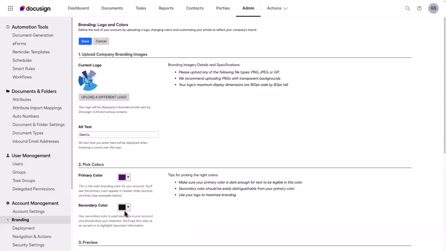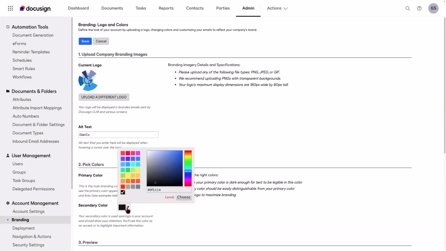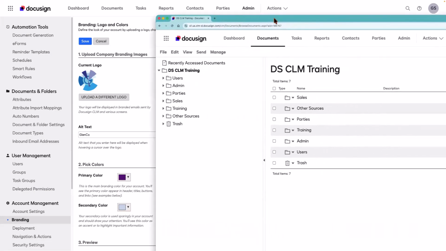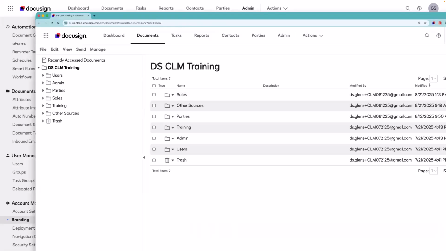Now, the secondary color here is particularly helpful as it indicates where documents will be added when dragging and dropping. So for this one, you might consider using a light color. So let me show you here. I'll go ahead and change this to something a little lighter like this. I'll choose that. Let me show you what that's going to look like here. I've got another account open. If I go over here and decide that I want to drag something into this account, that color that you're seeing that's highlighting there where I can see the text right through it,